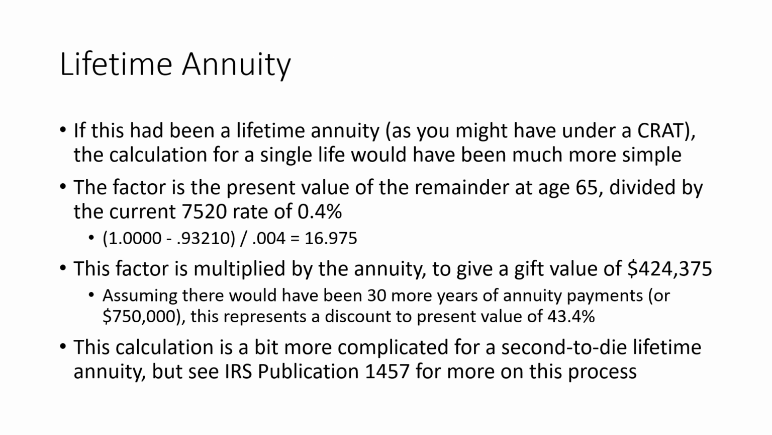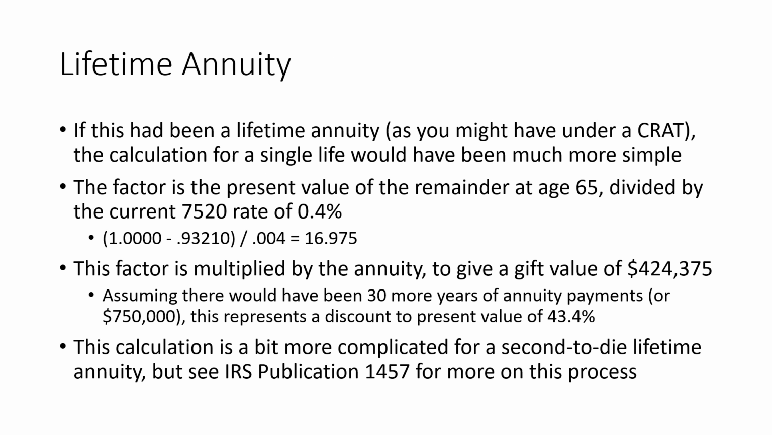Now, if this had just been a straight single life annuity, as you might have under something like a charitable remainder annuity trust, the calculation would have been more simple. We wouldn't have had to involve the mortality risk table under Table 2000 CM, nor would we have had to involve the factor from the Table B term certain. So in this case, we would have simply taken the present value of the remainder at age 65, the date of the gift, and divided that by the current 7520 rate of 0.4, and that would have given us a factor here of